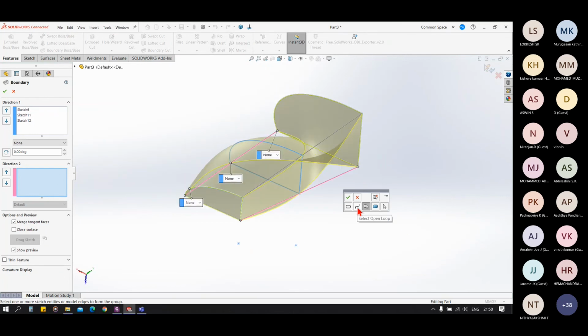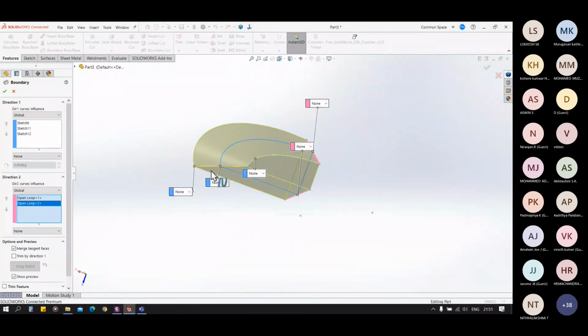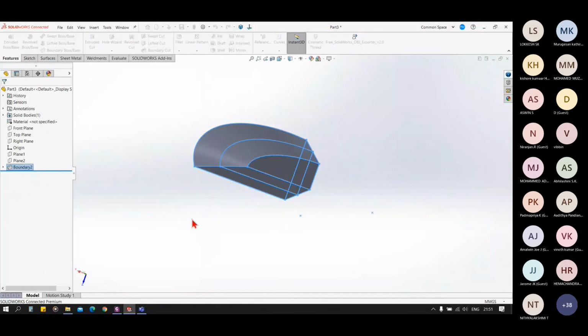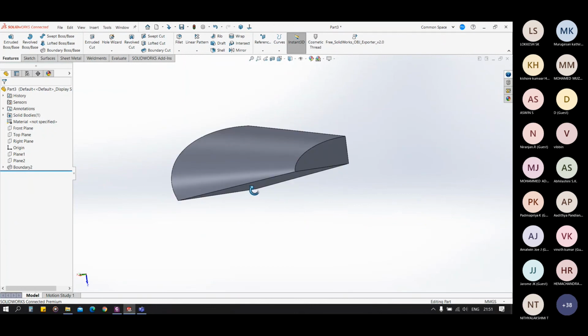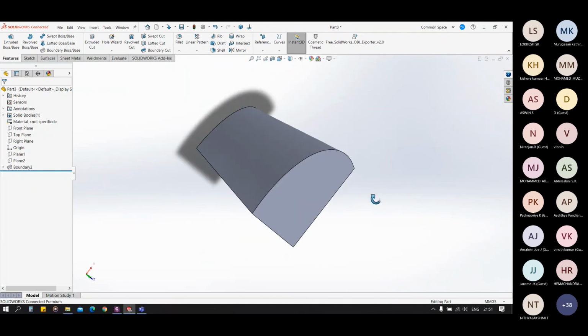In this case, you must select the select open loop option here. Click OK. Select the other, click OK. Select this third and click OK. So you see, you can create a shape like this using the boundary.